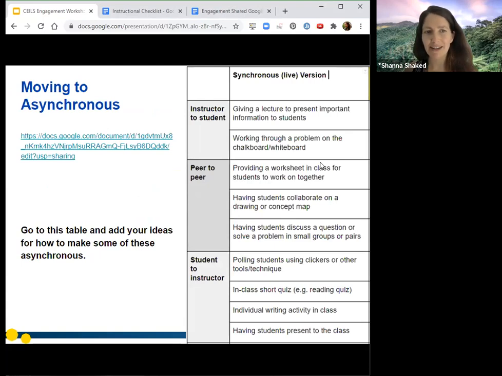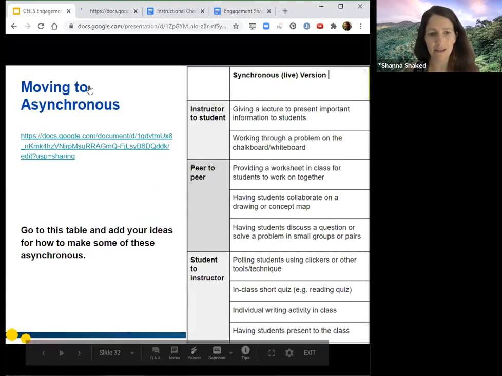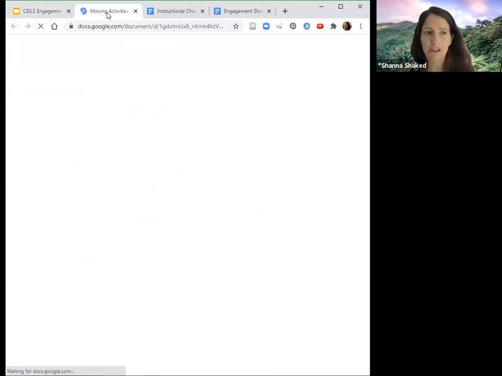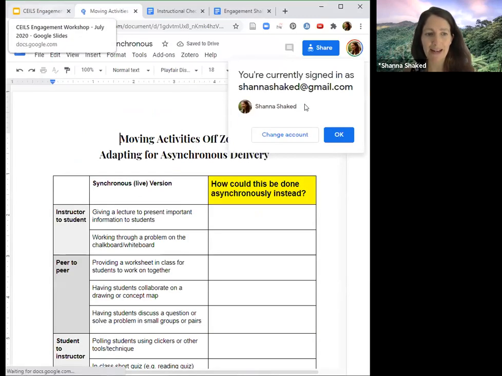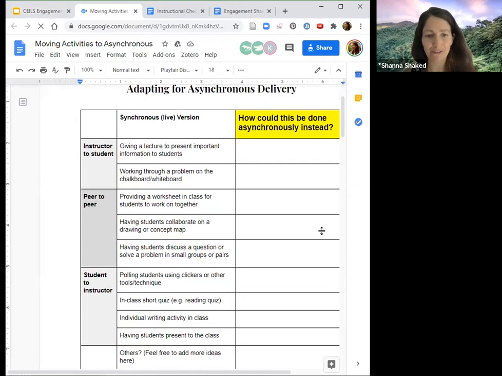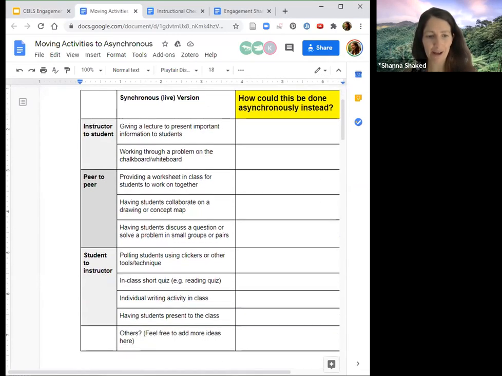I have this table of synchronous things you would do in class, and I want to encourage us as a group to think about how we would move those to asynchronous. You can unmute yourself or type in the chat. I have them all being seen.